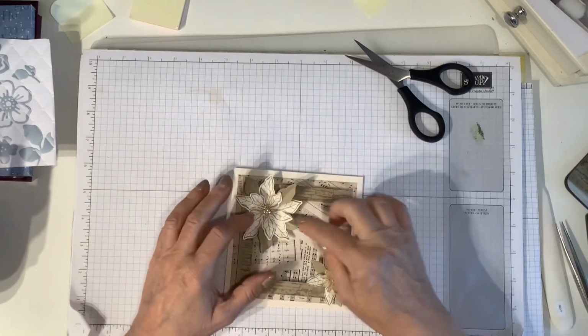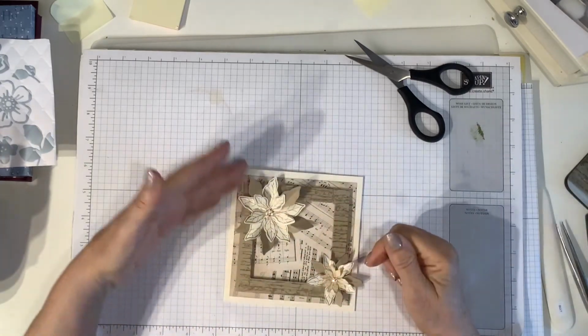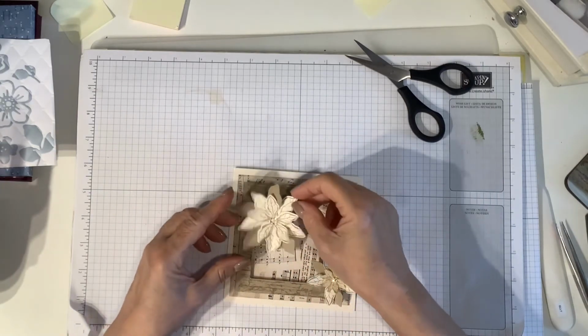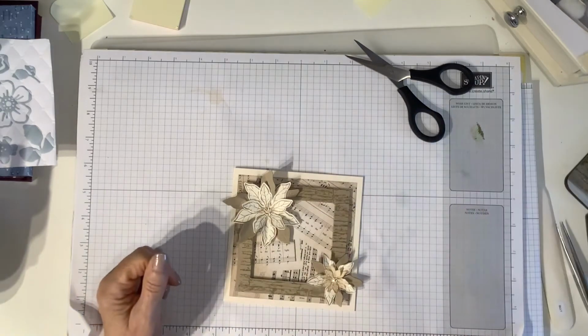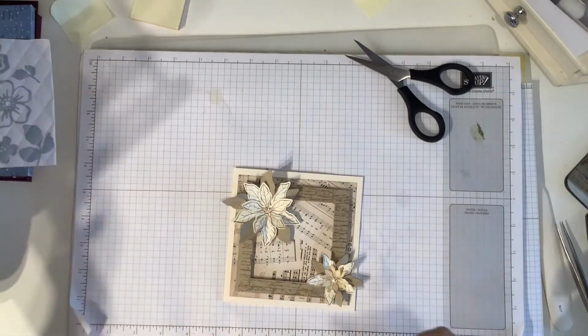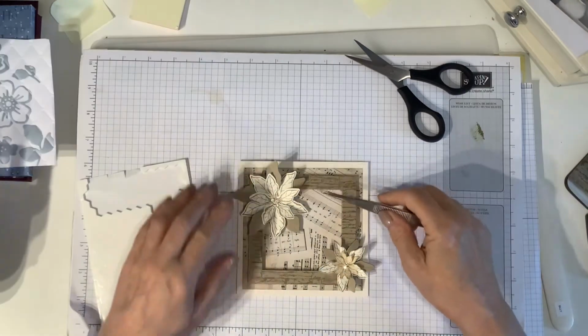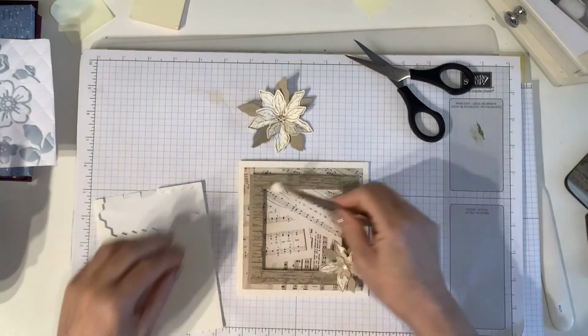So I'm doing this so that the larger leaves, the leaves that are protruding, are down into the flower, because I don't actually know it's going to be at the end, the card smaller than the envelope, so I can actually pop them over there without any problem. So what I'm going to do is build these up on some dimensionals. So I'm going to pop them under here because